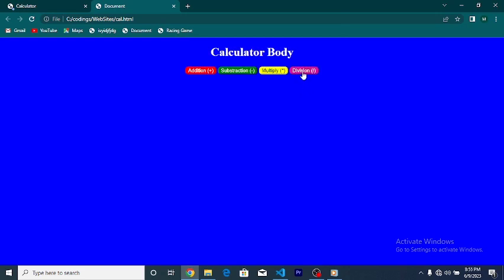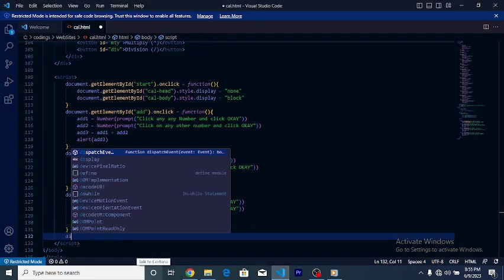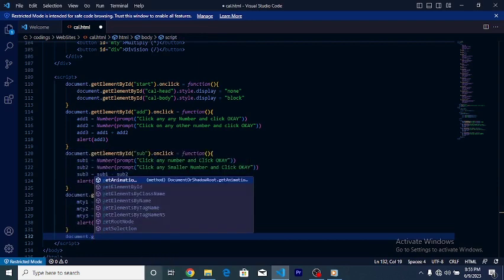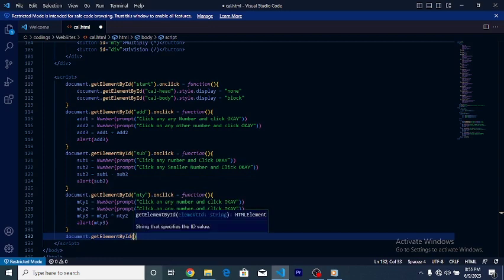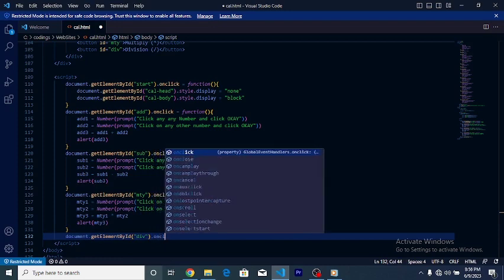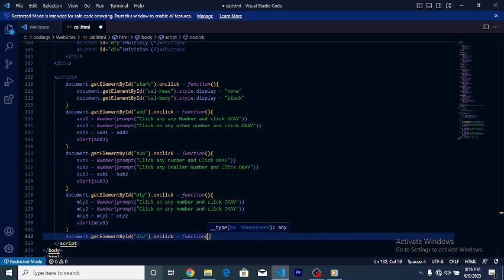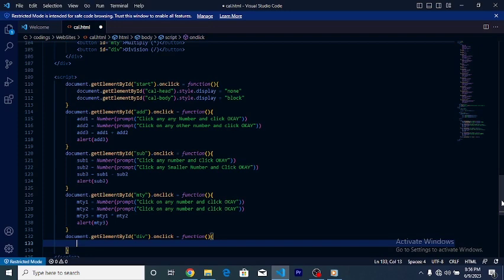And now the last button, division, because we're done with multiply, subtraction, and addition. Now we're going to do division. So by now you already know how to do this. Let's say document.getElementById div .onclick equal to function, and then in that function we're going to say